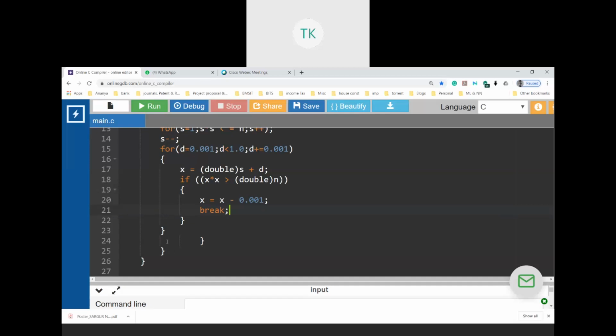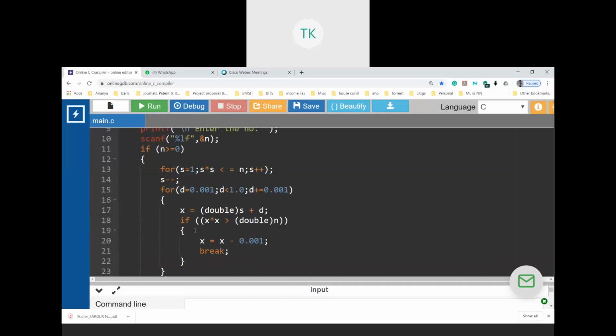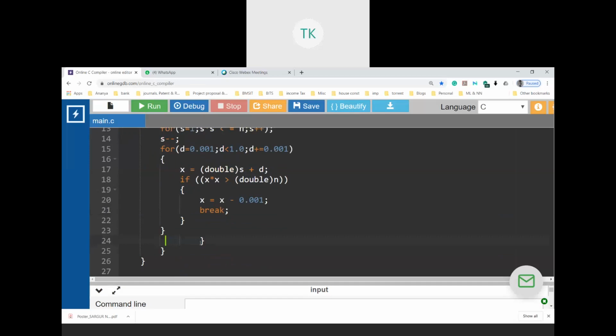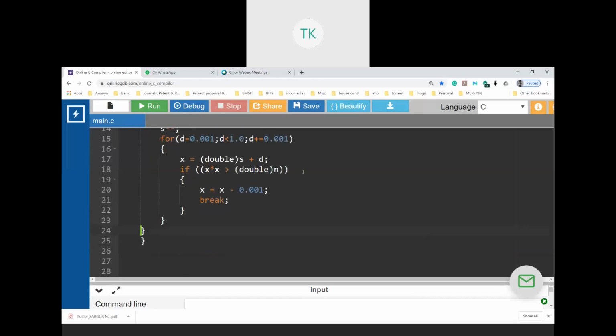Okay, so now this is an if conditional statement. I said n greater than or equal to 0, right? Okay, now after coming out, I have to print the value.